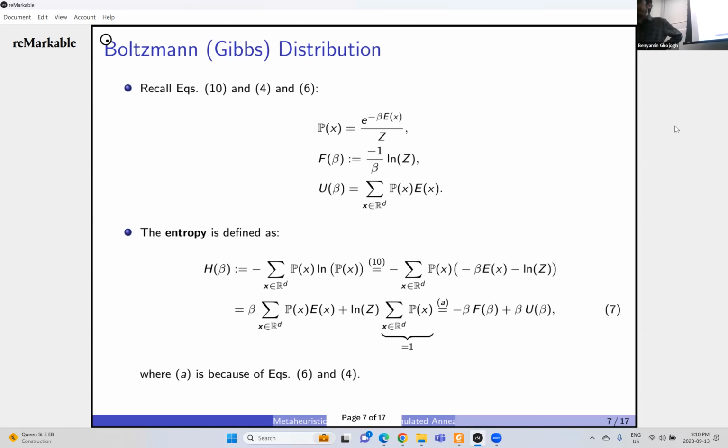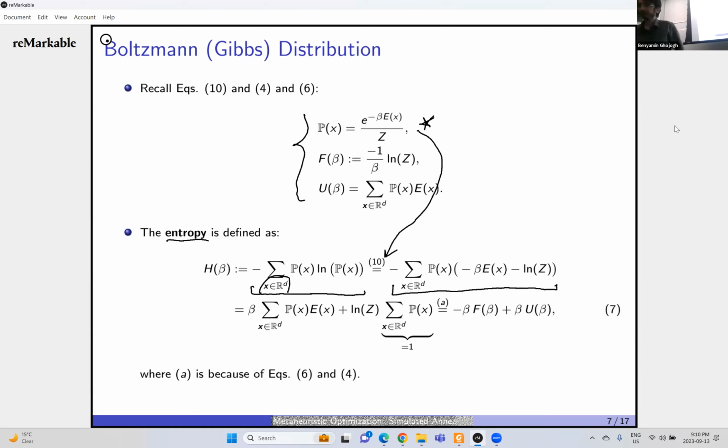Okay. Now I have P of x, F of beta, and U of beta. By the way, I could simply say this is a Boltzmann distribution and tell you what simulated annealing is. I want you to understand the Boltzmann distribution, right? So P of x, F of beta, and U of beta. Now the entropy is defined as this. This is the definition of entropy: minus P of x, logarithm of P of x, over all possible x's. According to equation 10, if I put this here, I will get this term,